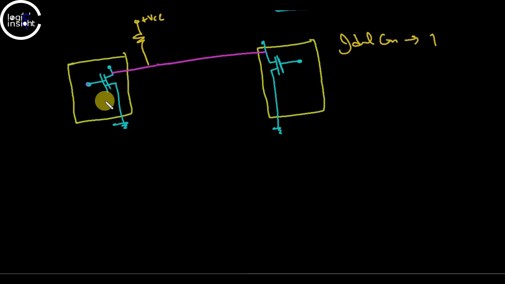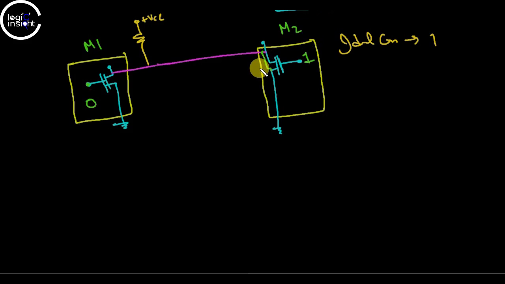What happens if we apply logic 1 from master 1 and logic 0 from master 2? If I apply logic 1 from master 1, then I have to apply 0 here. If I apply 0 here, then it will be in one state. Here, if I want to get 0, I have to apply 1, then this is short circuited to ground.